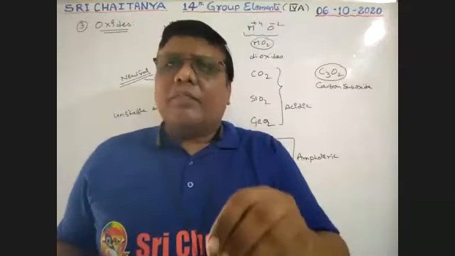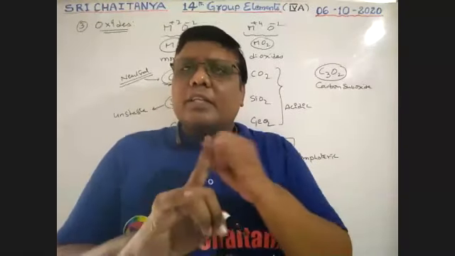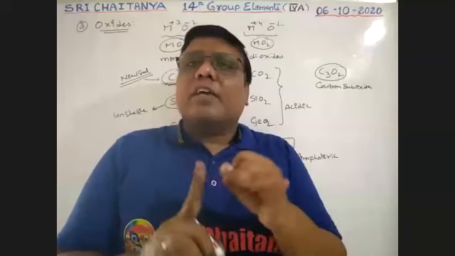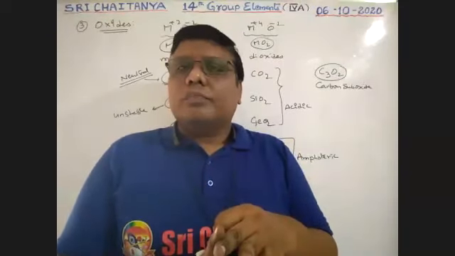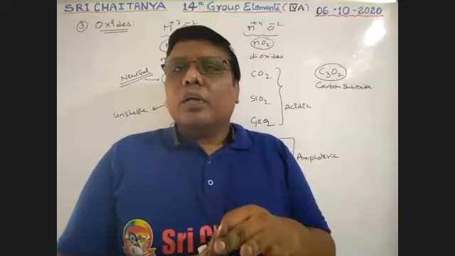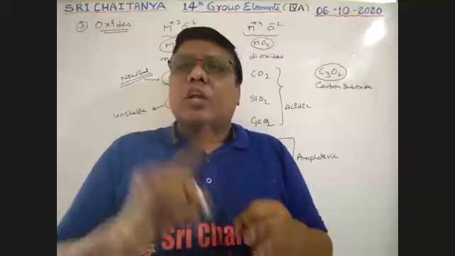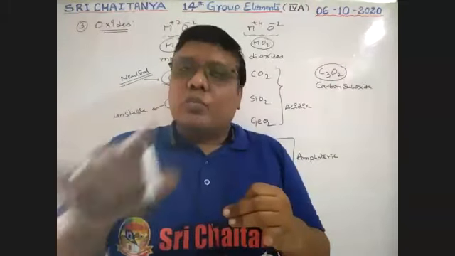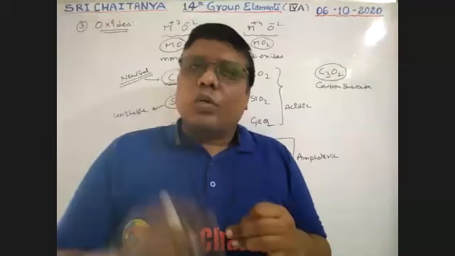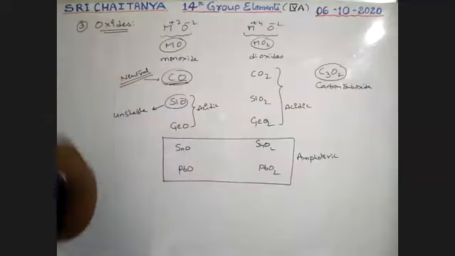In our first year and second year entire chemistry, there are only 3 neutral oxides. One is carbon monoxide. Another one is NO, nitric oxide. And the other one is N2O, nitrous oxide, laughing gas. These are the only 3 neutral oxides, boys: CO, NO, N2O. Now we are in the CO condition. So CO is a neutral oxide.